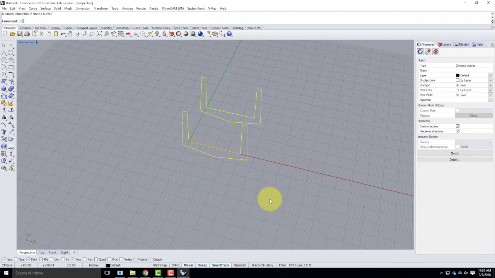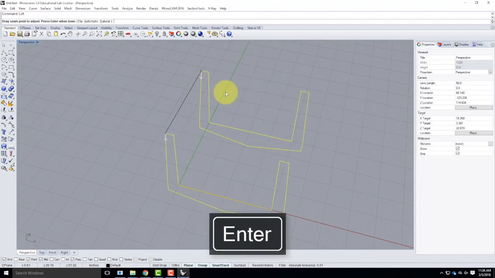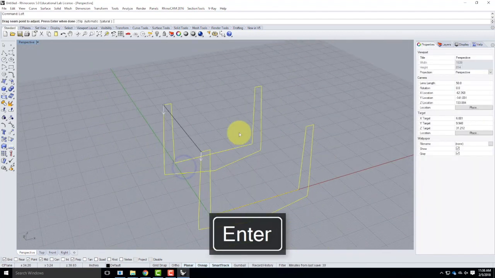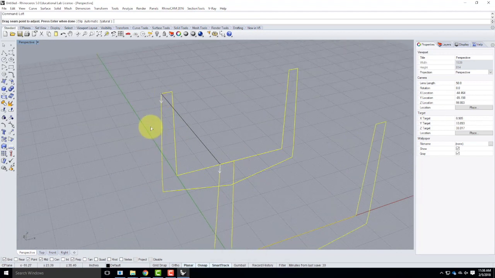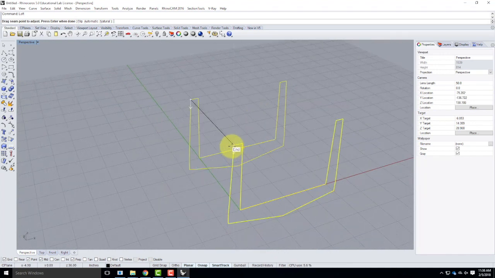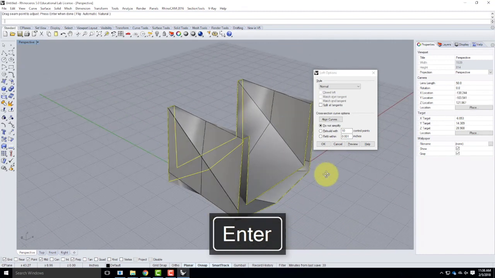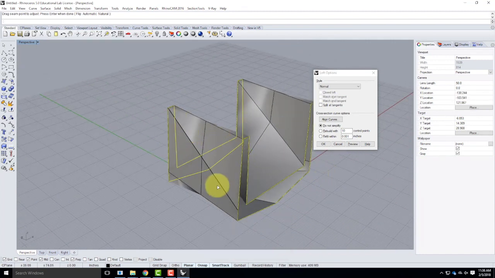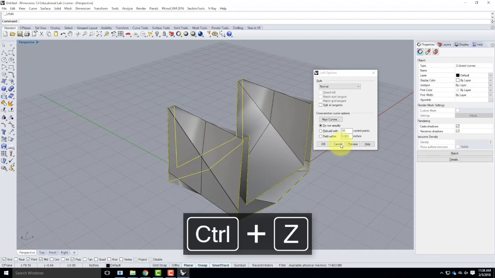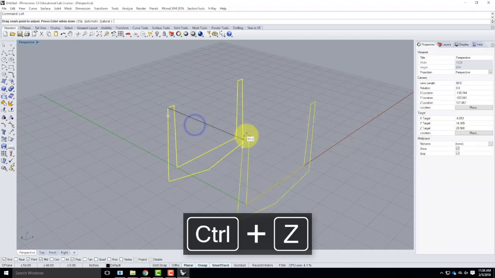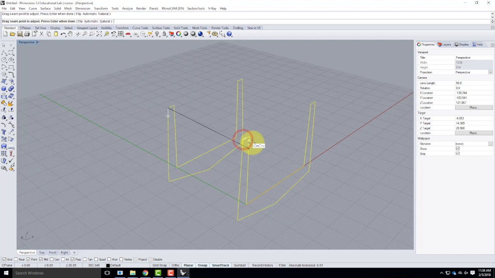When I do the loft, it's going to ask me where the seam occurs and what direction I'm getting my loft. So in this case, these 2 points are on the same spot, and they're going in the same direction. If I were to move one of these points, so if I took this point down here, for example, when I do the loft, it's going to give me a kind of a wonky result because the loft isn't even. It's starting on an angle. So let me go back and cancel it. Let me repeat the loft. Likewise, if I had the directions changed,